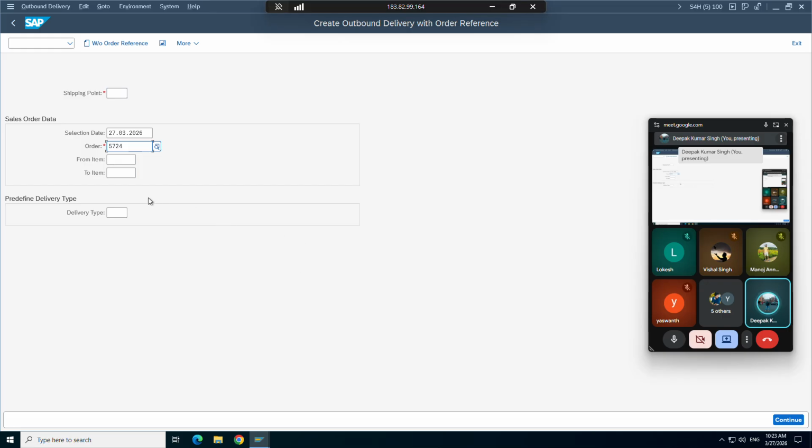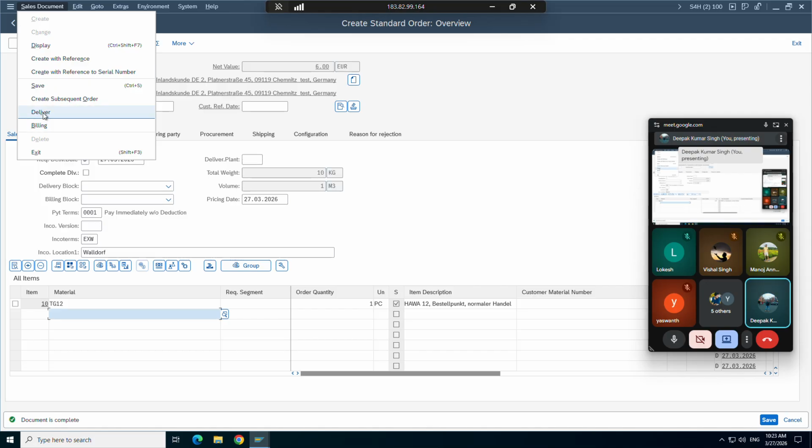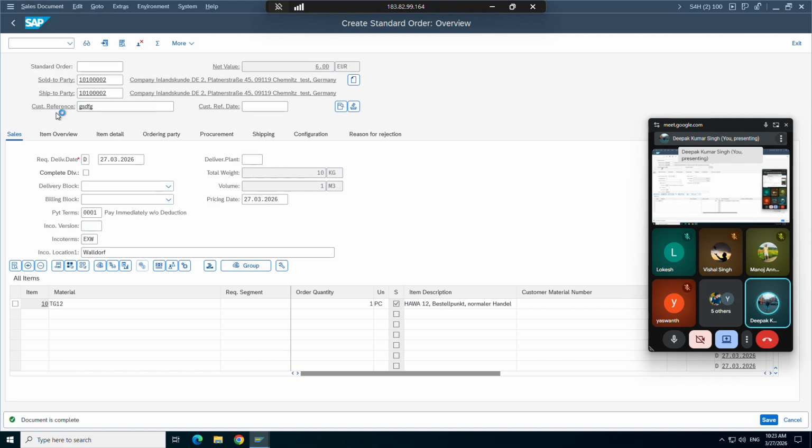And how is the system knowing which delivery type it has to take? Let's say I'm not going to VL01. Here itself I'm trying to get the delivery directly. Nowhere in my order I have mentioned which delivery type is to be taken, right? If I click on delivery creation,